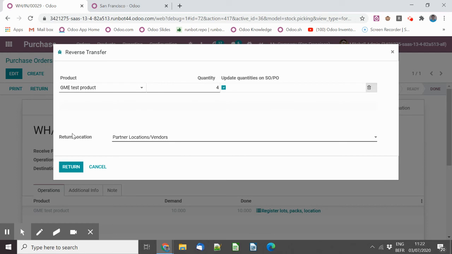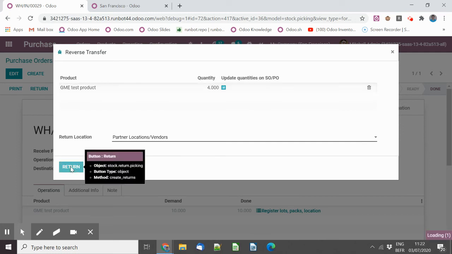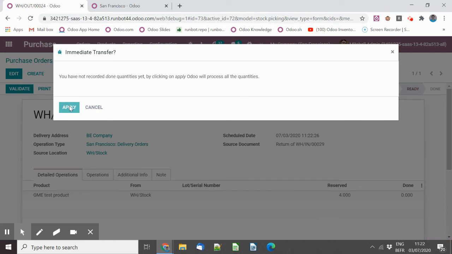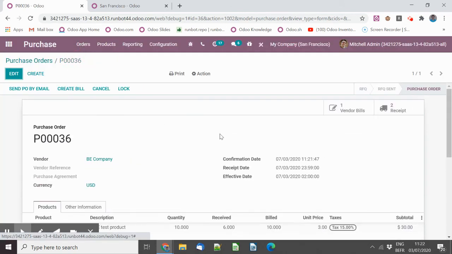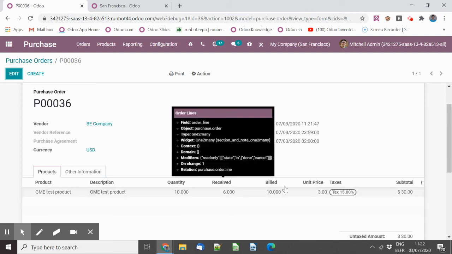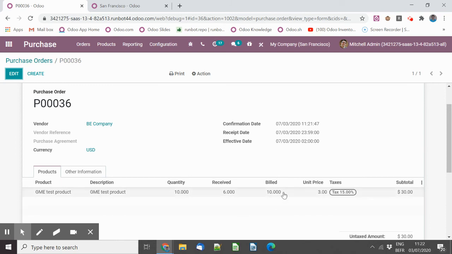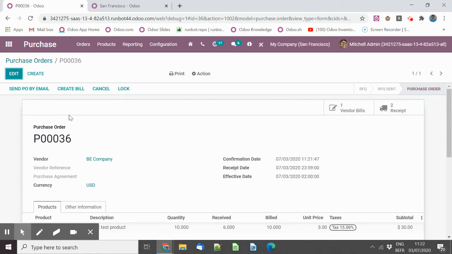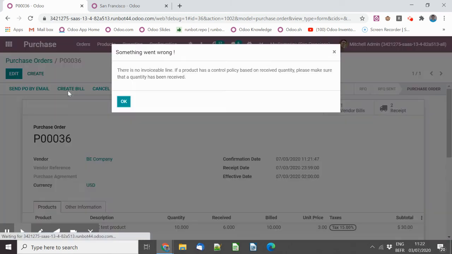There was a quality control that did not succeed, and so I want to return those 4 units, and I then validate this return. So this means if I go back to my PO that I have ordered 10 units, I have received 6 because I returned 4, and I've been billed for 10. This means I have been billed for 4 units too much. So if I do create a bill from the purchase order,